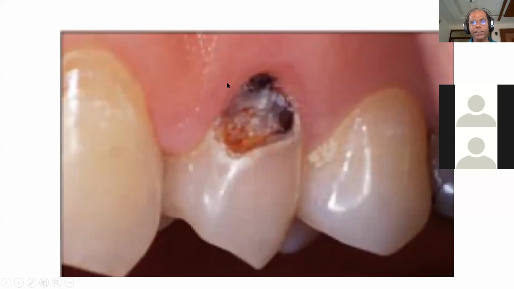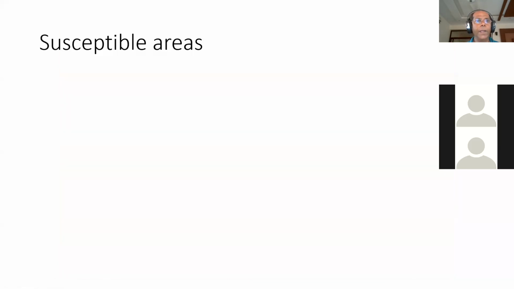As you can see here, root caries initiated at the root area and progressed coronally, causing undermining or even breakdown of the enamel. But it is still called root caries because it initiated at the root area and then progressed coronally. As I told you, there are susceptible areas which are more prone to caries, more vulnerable to root caries. The root caries is more often found in these areas, and especially,